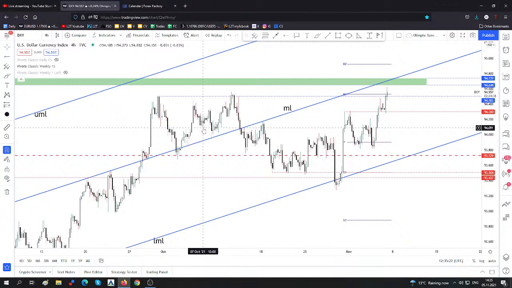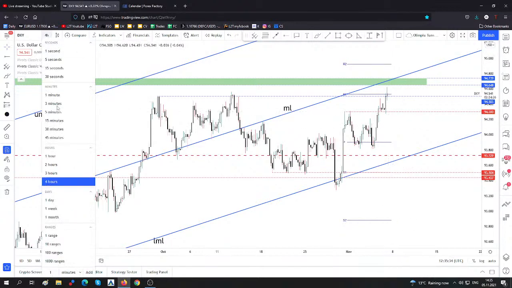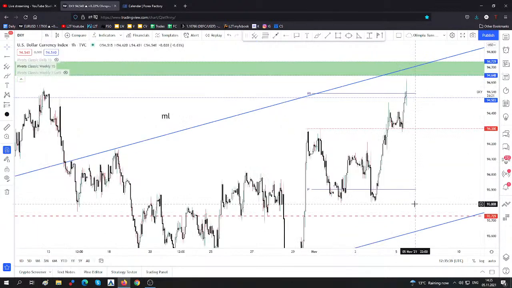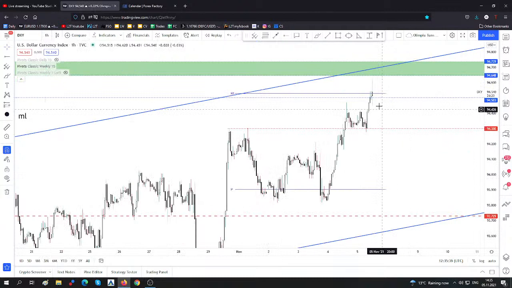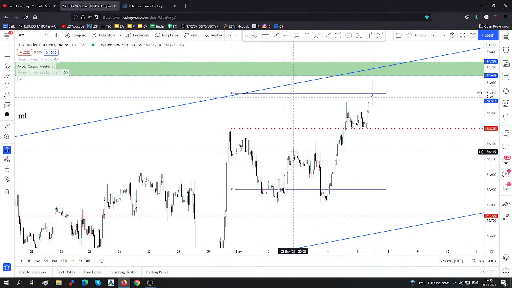The first reaction here was an important rally in the dollar index. It has reached a new fresh high, 94.62, but right now it has retreated a little. Maybe let's take a look at the 1 hour. Maybe it will come back to retest 94.50, or maybe it will try to validate its breakout above the R1, test, retest, consolidations, or something like this before jumping higher. So that's why I've told you, you should be careful.